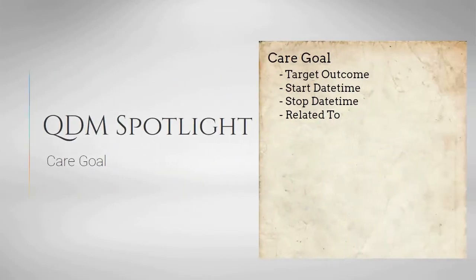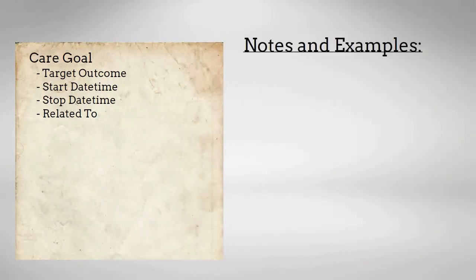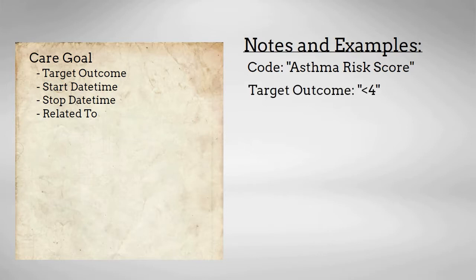In this spotlight, we will be discussing the CareGoal data type. The CareGoal data type represents a record of an expected outcome. This is usually recorded as part of a care plan. A CareGoal record may contain information about what kind of outcome is expected, what the target outcome value was, when